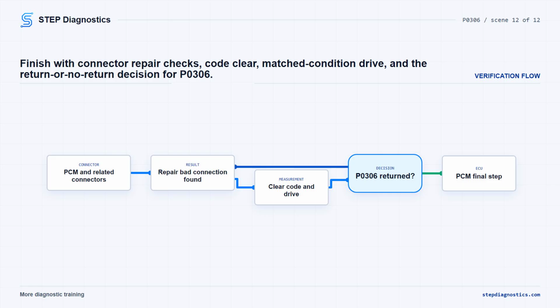The takeaway is simple. Prove cylinder 6 is active, separate fuel, spark, mechanical, oiling, and control circuit causes in order, and verify the repair after each confirmed